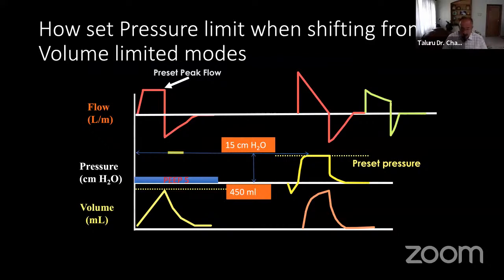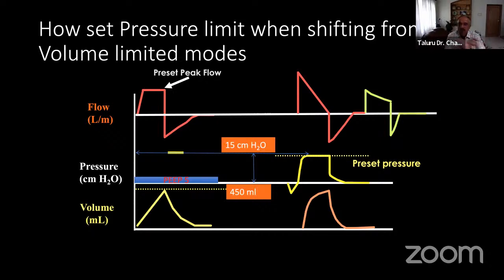When you want to go from volume control to pressure control, you already know what the plateau pressure is. If he is generating 400 ml at a plateau pressure of 14 or 15, then you can set the pressure limit to 15 centimeters and start the ventilation. You don't have to do much experimentation, because the intensive property is already reacting with the capacitance of the lung